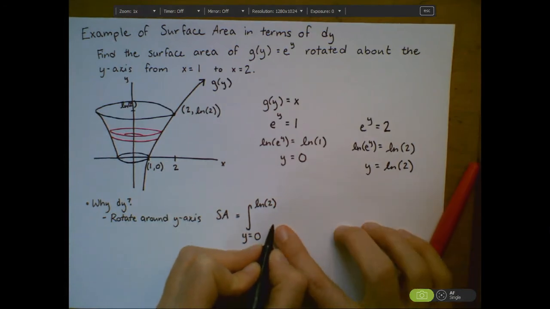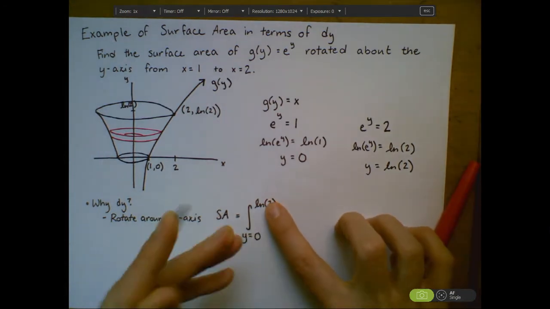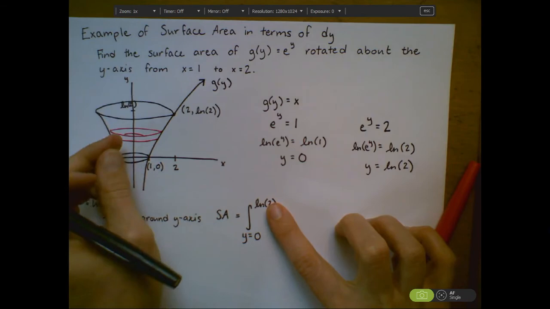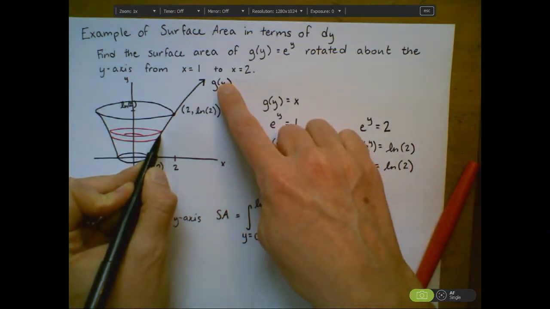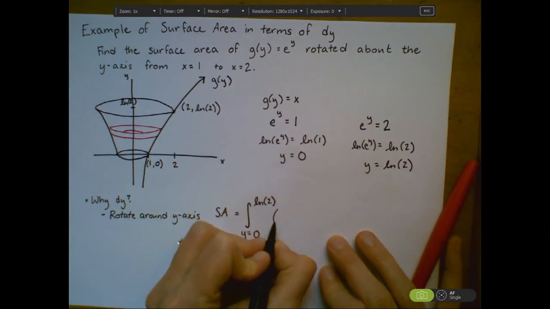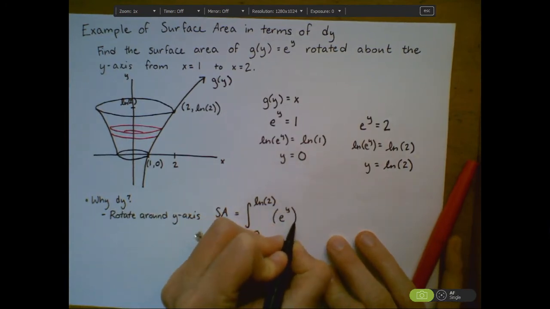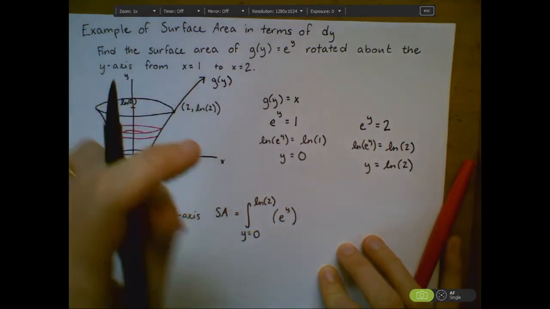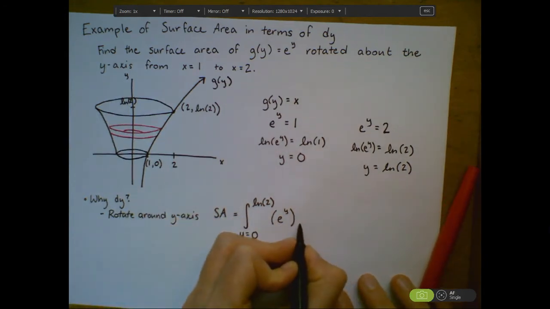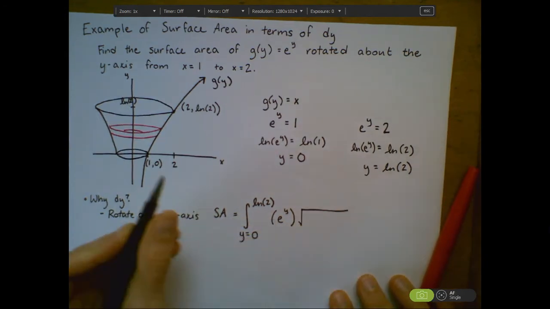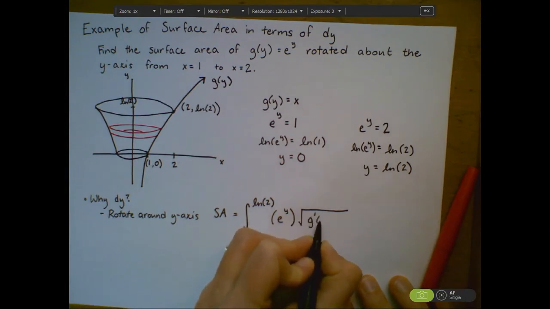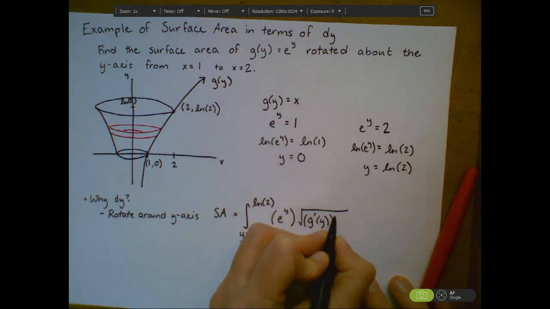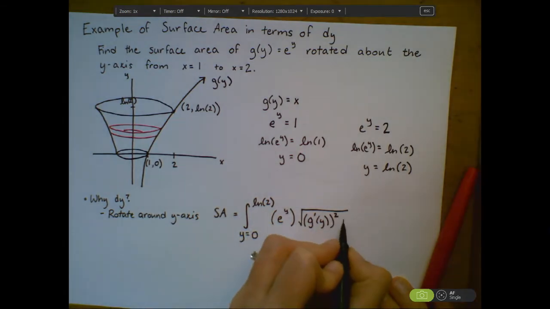And so these are our bounds on y, and then we're going to multiply that by the radius, and the radius is our function g of y, and the radius in this case then is e to the y. And then we're going to multiply it by L, which is the square root of g prime of y squared plus 1